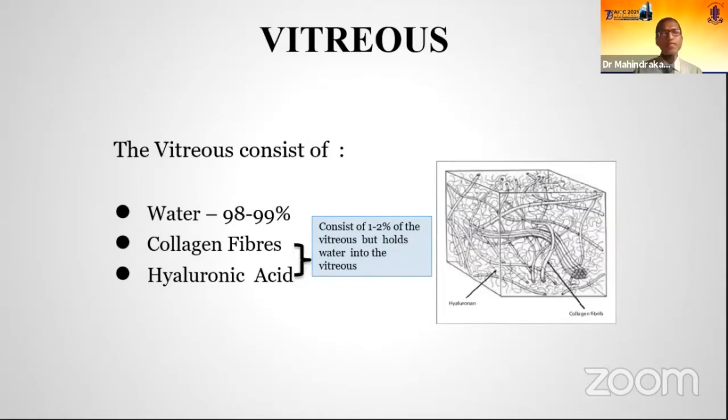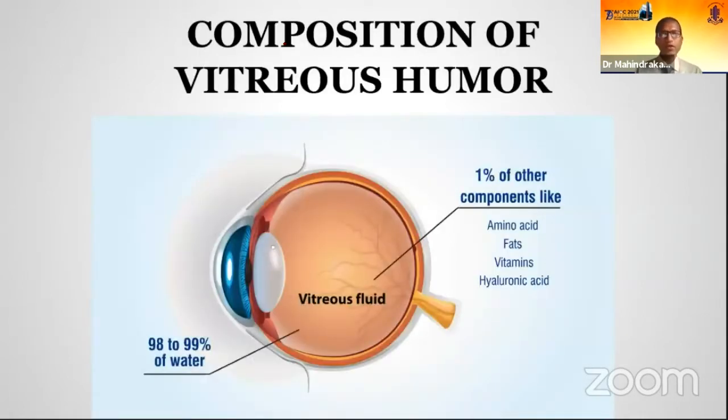So what we need to understand for eye floaters is more important about the vitreous. So vitreous consists majority of water, which is 98 to 99%. And the remaining is collagen fibers and hyaluronic acid. However, we need to know that these collagen fibers and hyaluronic acid are the most important thing. And it is the one which is making the water to be firmly held in the vitreous, making the vitreous a solid, firm globe-like structure and hence maintaining the eyeball.